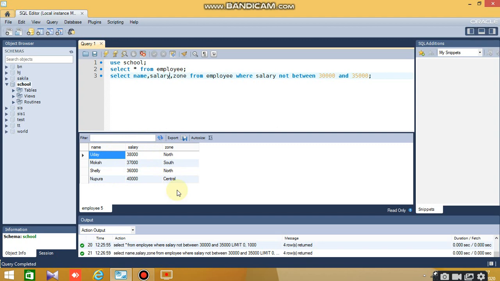Now I am going to make the use of in operator. Let me tell you, sometimes a situation arises when we have multiple conditions, means more than 2, when we want to display the list. अब अगर आपको लिस्ट डिस्प्ले करनी है तो we cannot make the use of and operator, because here and operator fails when we have to show the list. So here we make the use of in operator.